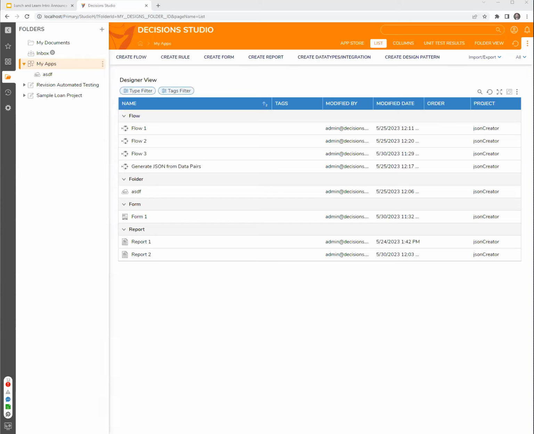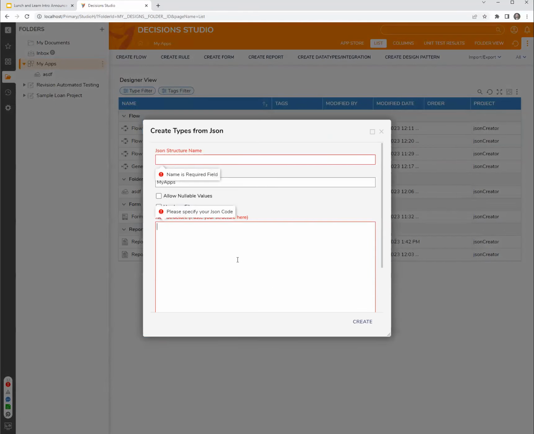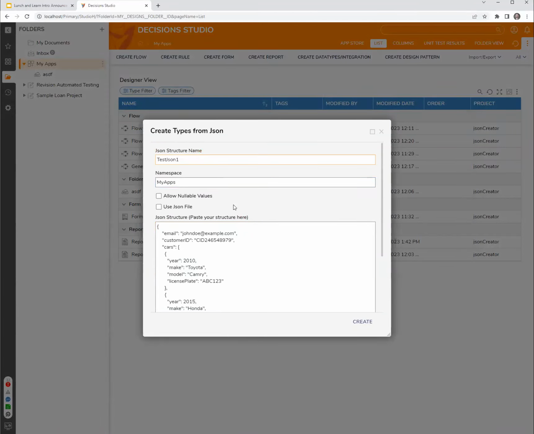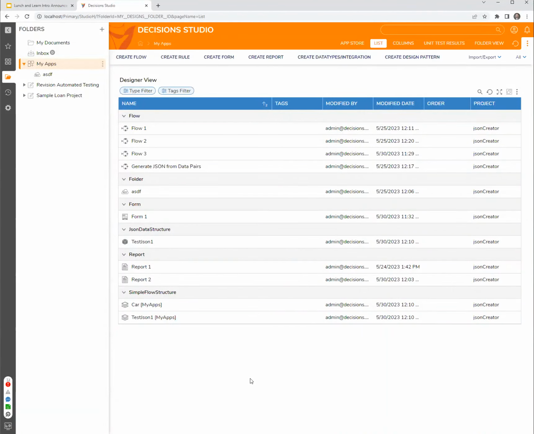So here, let me go ahead and steal your email, I mean, excuse me, your JSON. Let's create a JSON data type here. So you created a type from JSON, right? Pasted your JSON in, and I'll just call this test JSON 1, and then click create, right? Okay, so far so good. And then in your flow,